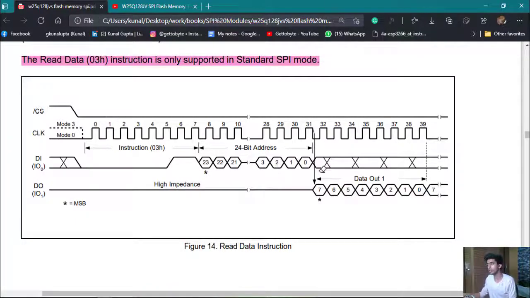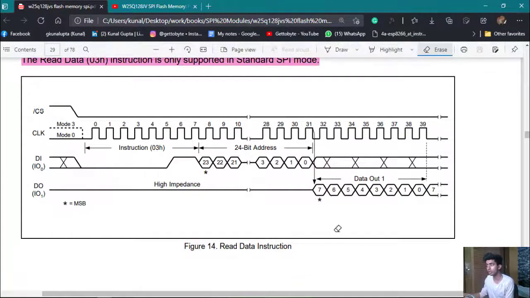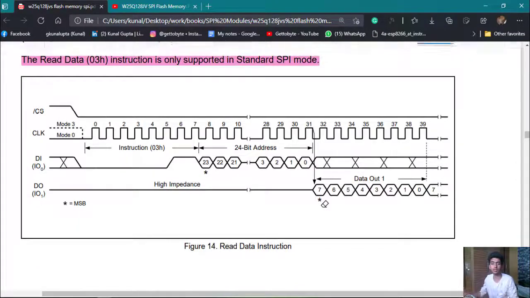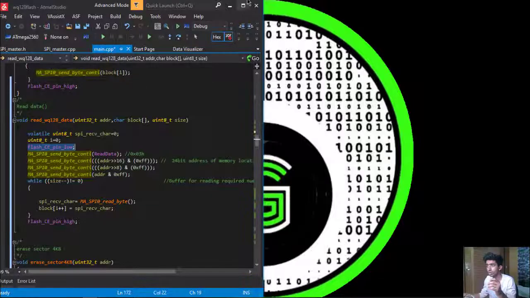Okay, and then the data will be output from the 32nd bit of my clock, continuously, starting with the most significant bit, till the point we make the CS pin high. That's what we have implemented in the code also.